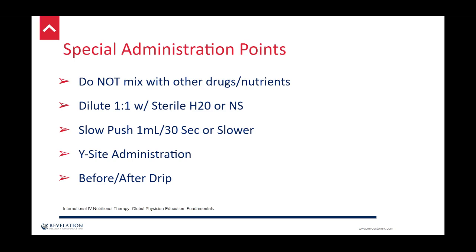So, some special administration points with glutathione. We're generally not going to recommend mixing it with any other drugs or nutrients. Glutathione is just in a very delicate balance. And even in its own drug mixture, it's such a delicate balance of pH and antioxidant versus oxidant activity that so many other items can potentially cause it to oxidize or become unstable that we just don't recommend mixing it